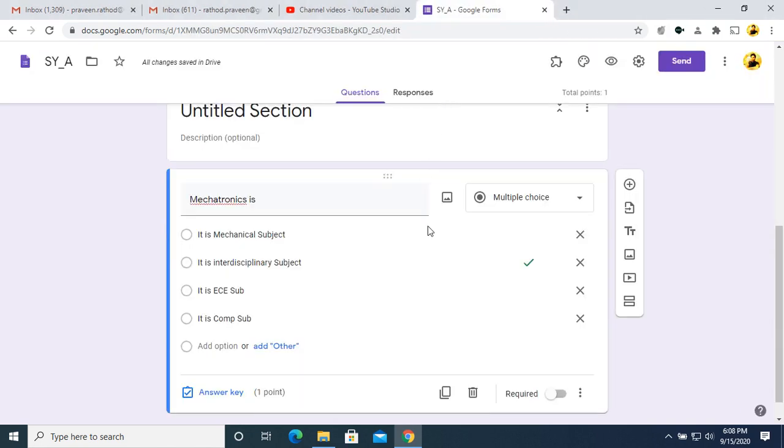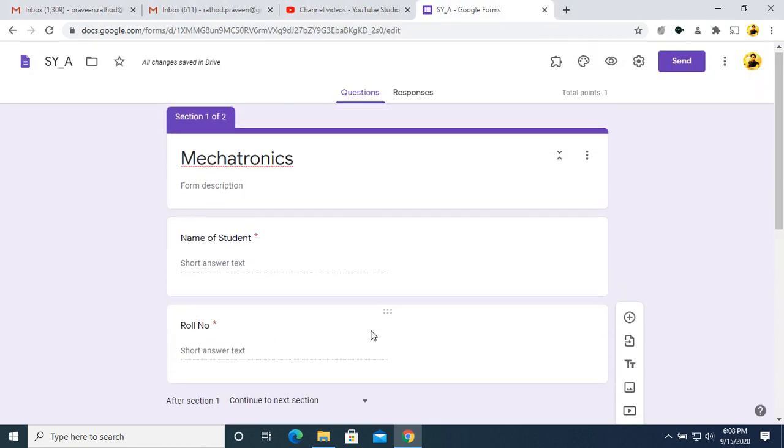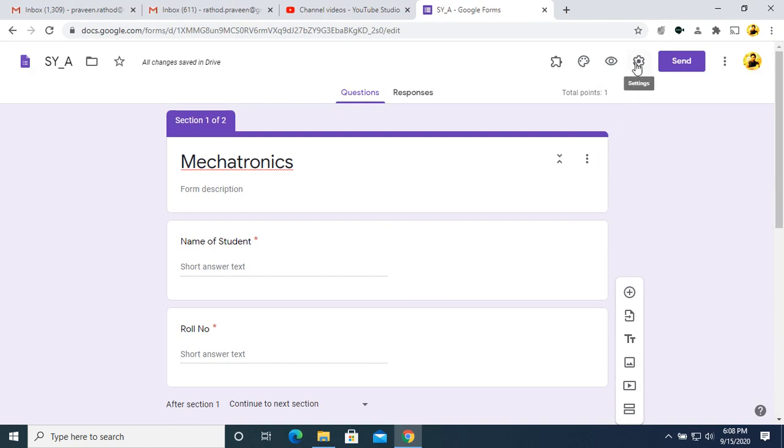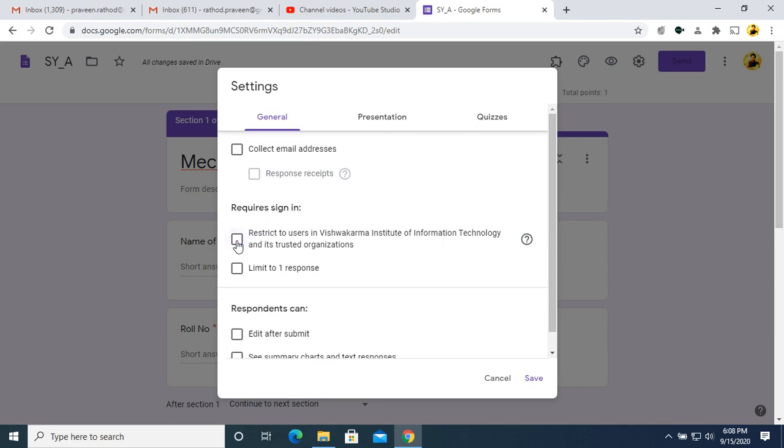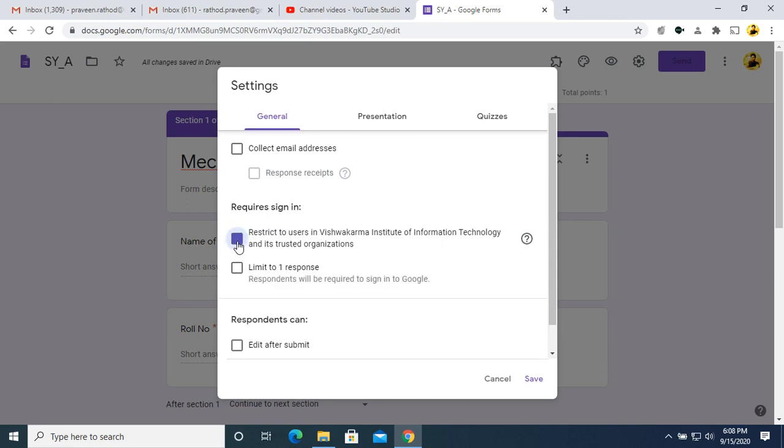Now I will show you the settings for this quiz. Go into the settings tab. In the general tab, you can restrict responses to one email ID, otherwise you can uncheck this and take responses from any email ID.